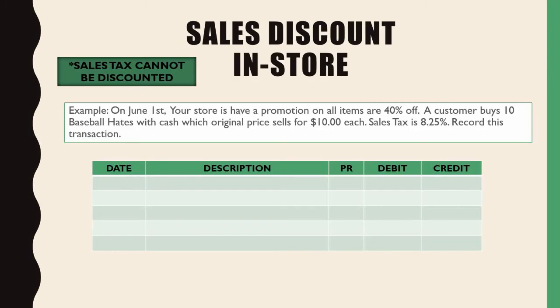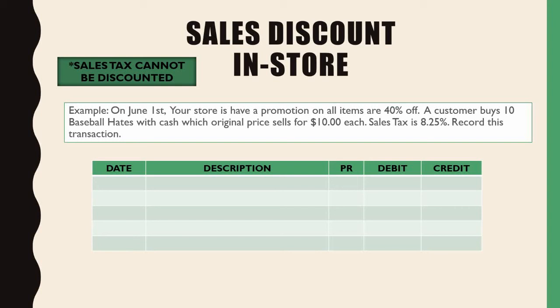Once again, let's go ahead and dive right into our first one, which is our in-store sales. So here, on June 1st, your store has a promotion where all items are 40% off, and a customer decides to buy 10 baseball hats with cash, with the original price selling for $10 each. Sales tax is 8.25%, and how are we going to record this